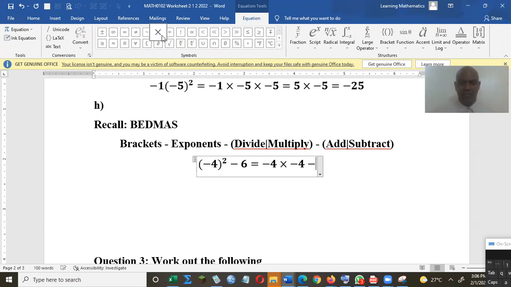Subtract 6. Now you must do the multiply before you subtract. You cannot go negative 4 minus 6. You have to do the multiplication first before you do the subtraction. Multiplication comes before subtraction. So you must do that first. Negative 4 times negative 4 is 16. Then you can subtract 6 and that will give us 10. Okay,